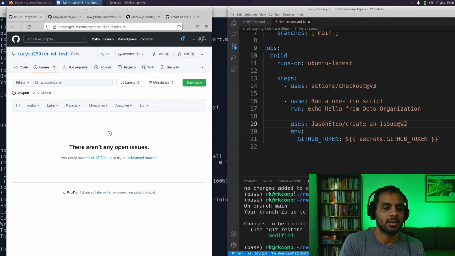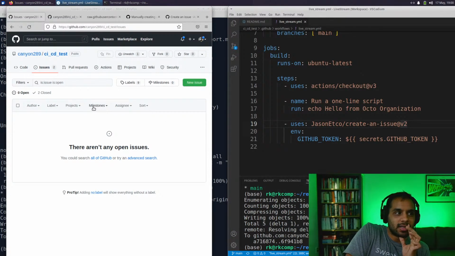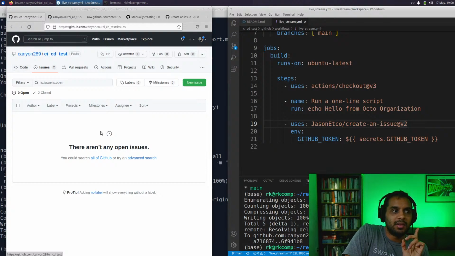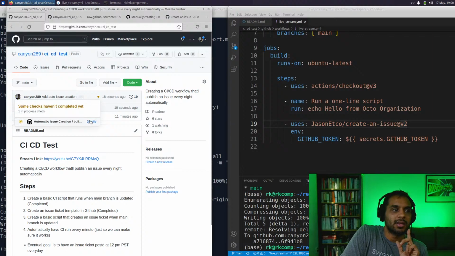Git commit: add auto issue creation. So what theoretically should happen is CI should run, and we should automatically see an issue pop up here. So I'm going to switch over to this tab real quick. I'm going to open CI, click on this,